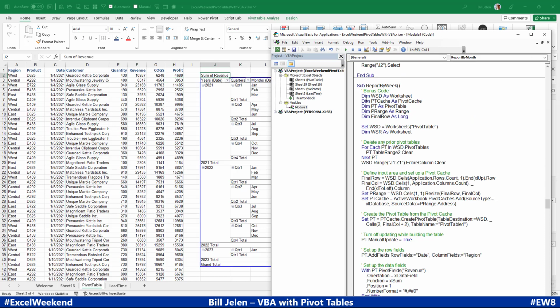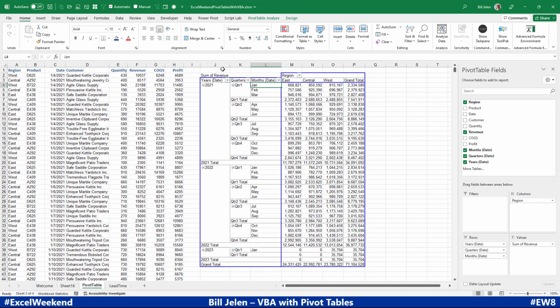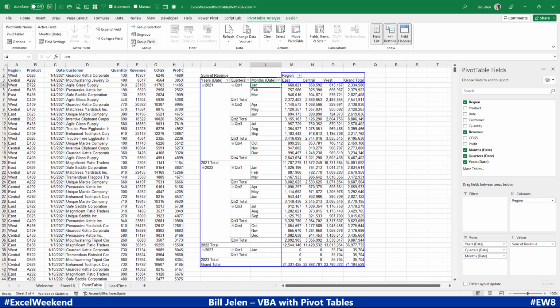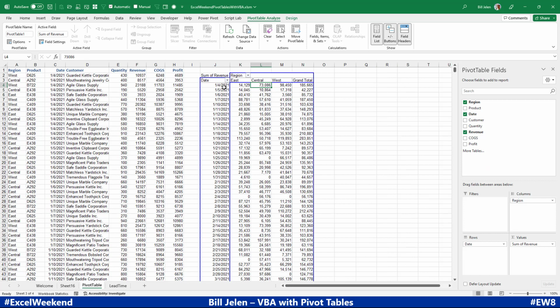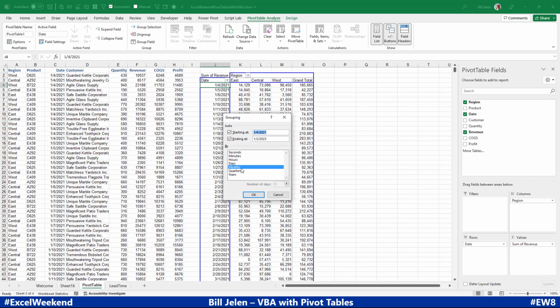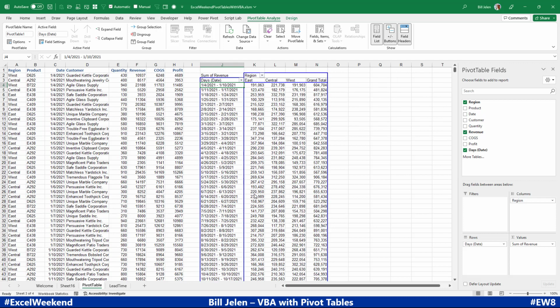An obscure thing that most people don't know is available is if you needed to group by week. So let's take these fields and we'll ungroup them. Come into the date field and go to group field, choose just days. And when you choose only days, this spin button becomes available and you can roll that up to 7-day periods